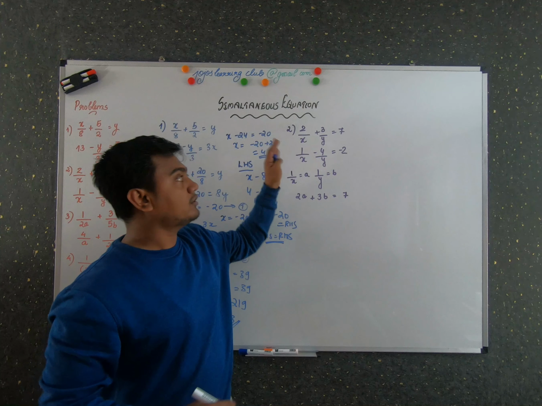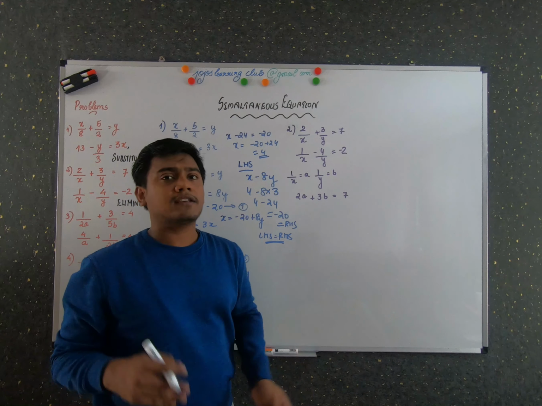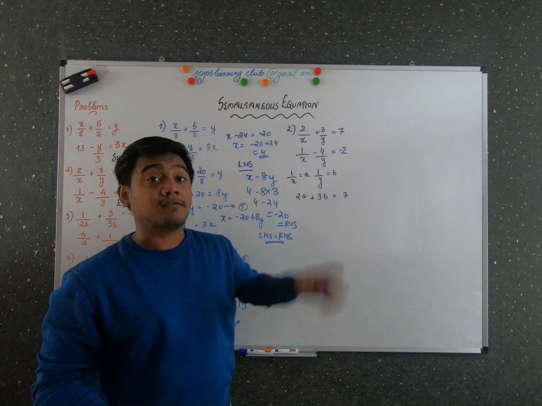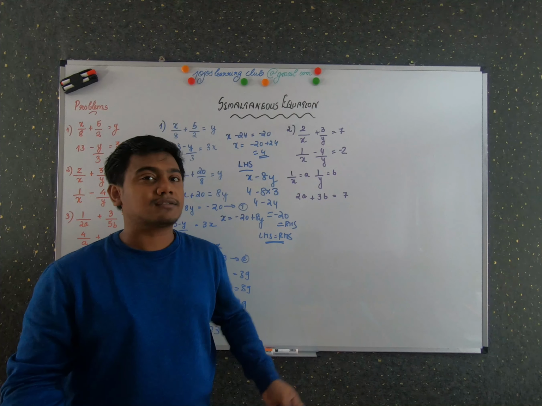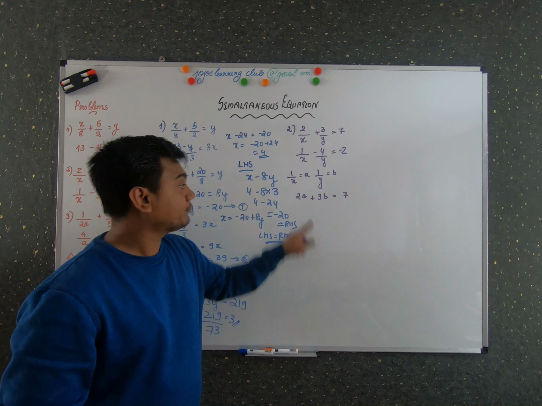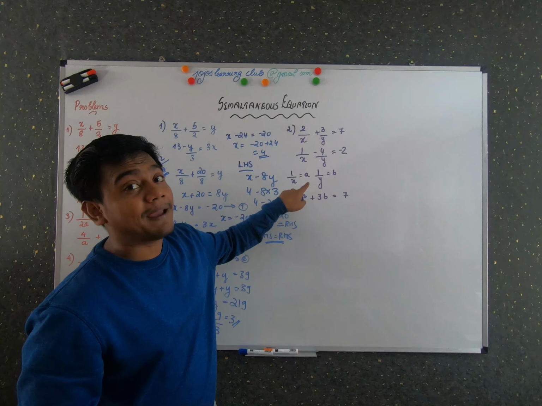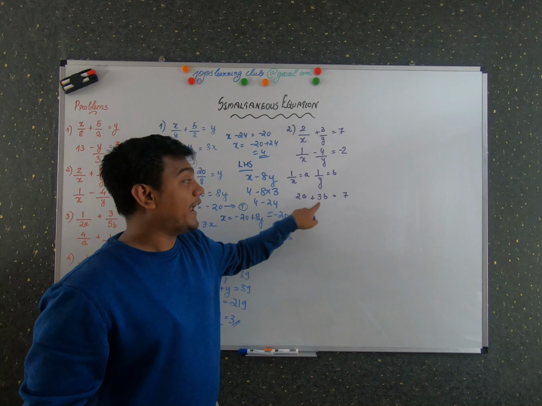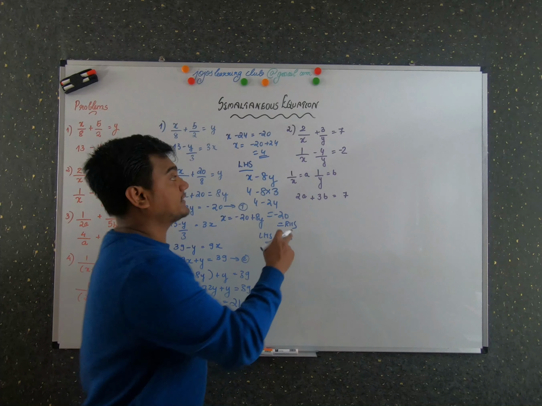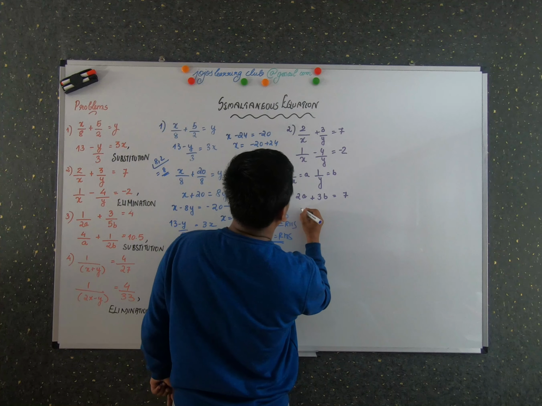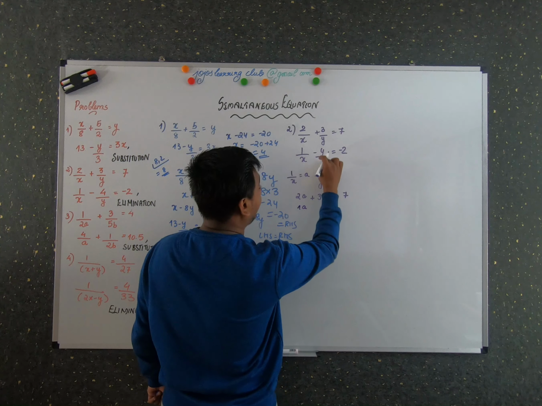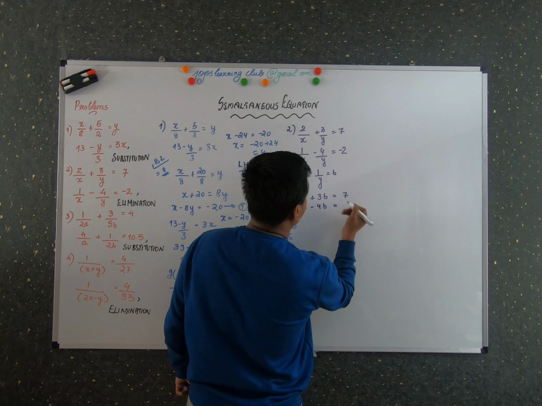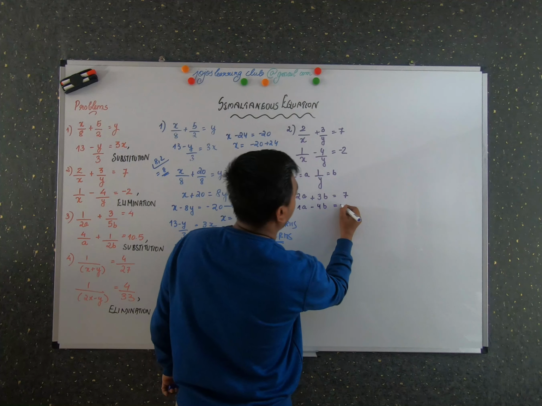But if you try to solve directly, what happens? It just gives you a lot of confusion because you have xy terms in it, and you have to solve for all these things, and it is just a waste of time. So for the time being, I'm going to equate 1 by x as a and 1 by y as b. So now your new equation is 2a plus 3b is equal to 7. Similarly, write the second equation. What would it be? 1 into a is 1a, minus 4 into 1 by y is minus 4b, is equal to minus 2.